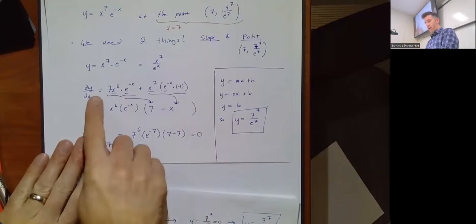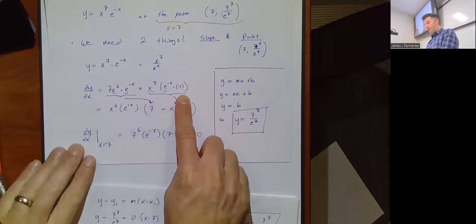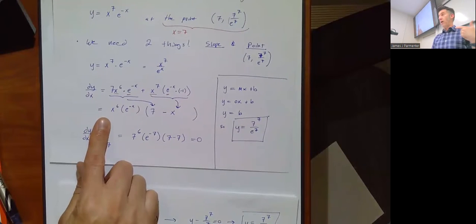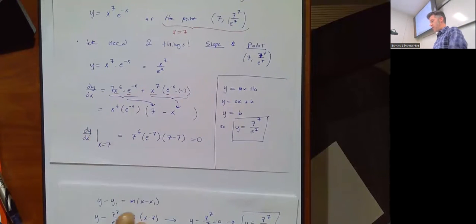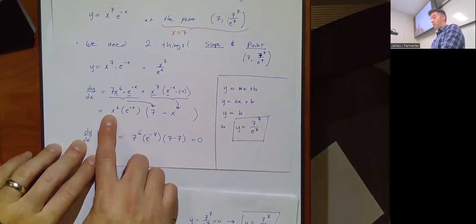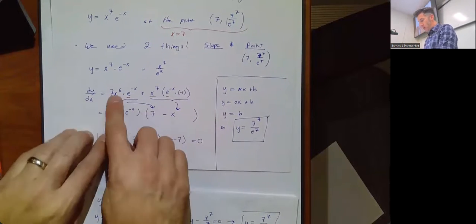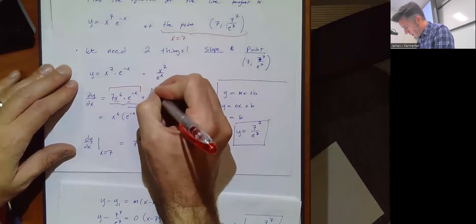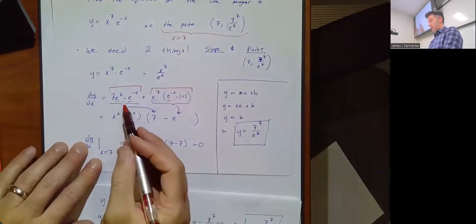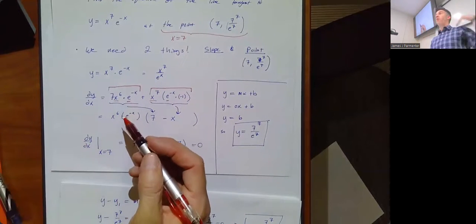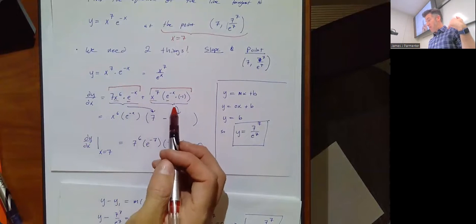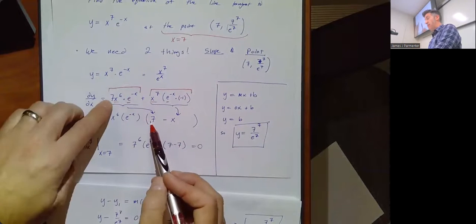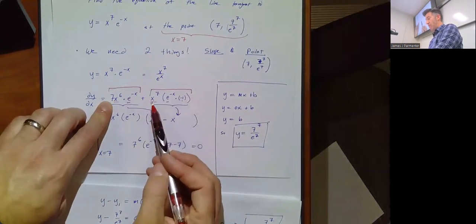Sure. So right here, I took the derivative. And we actually probably didn't need to do the second step, but sometimes it is nice to factor out. So I'll go back and visit this again real quickly. What I did was I factored out the greatest common factor. I saw that both this piece and this piece had an x to the 6th. That's the highest power of x they both had. And they both had an e to the negative x. So I was able to factor both of those pieces out. From this piece, I'm left with just 7. And from this piece, I'm left with a -1 times an x.